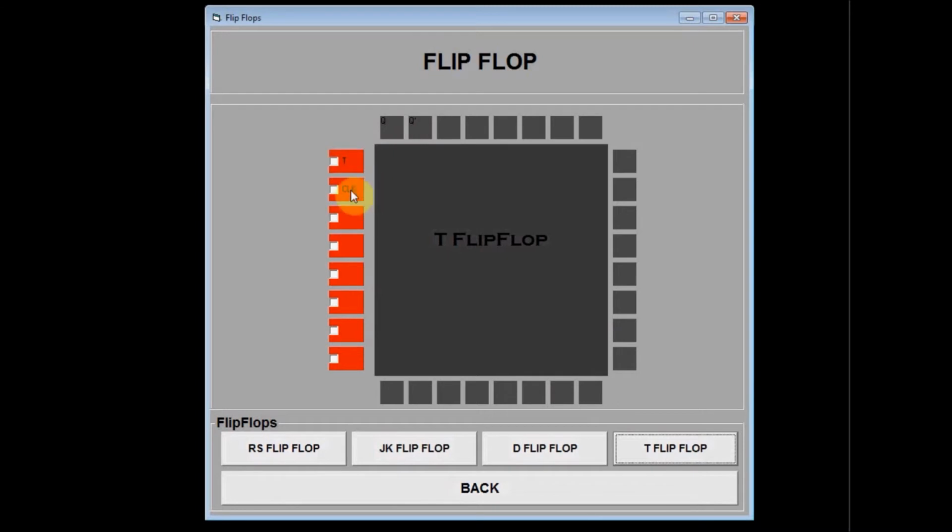In the T flip-flop, the output is toggled between 0 and 1 on successive application of the clock pulse.